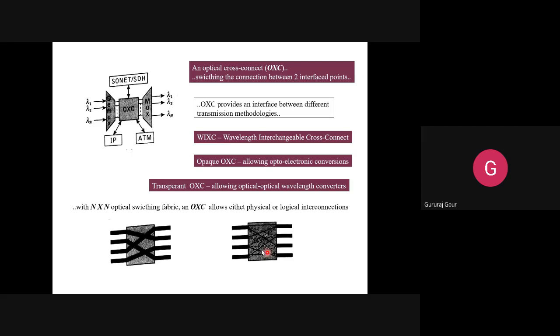And this will be done with virtual connections. That is known as a logical path, which we have discussed in the last session. That can be done with the help of the logical paths or interconnections. So this will give another way of interconnection between the input and output wavelengths, with the inclusion of different flavors of the OXC in the N by N optical switching fabric. It means this ROADM, we are making it provide physical or logical interconnections, including OXC functionalities.